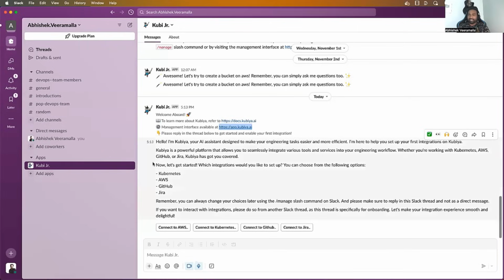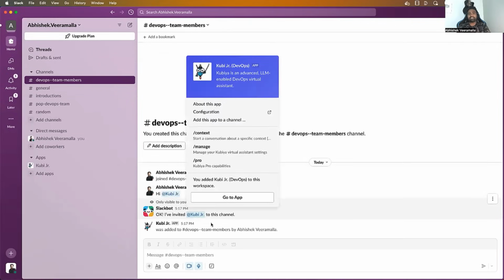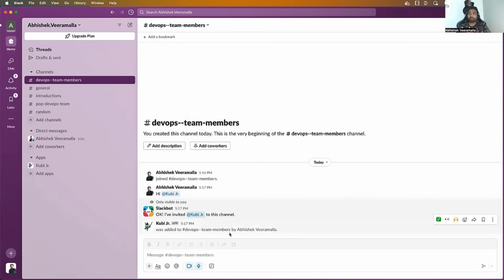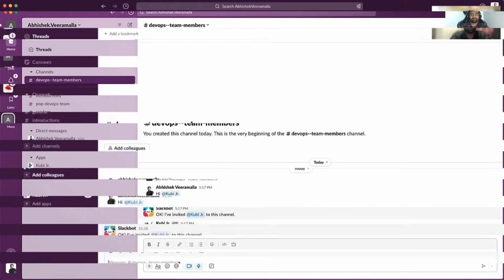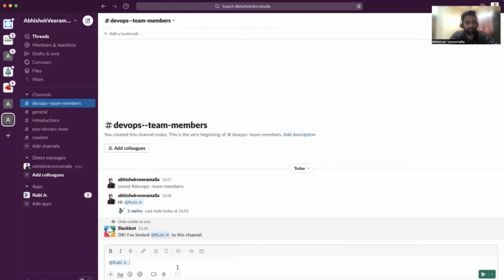So for that, like I mentioned you, you can go to the Kubi app section and you can talk to Kubi directly from here. Or the way that I would prefer is add Kubi to the Slack channel, right? And I would like to talk to Kubi as if I'm talking to one of my DevOps team members. So what I'll do here is I'll say Kubi list